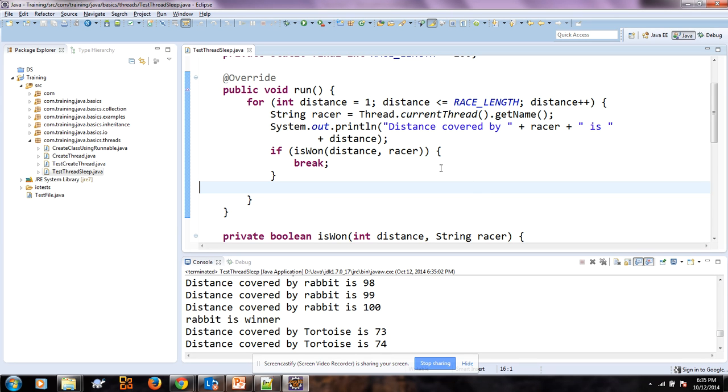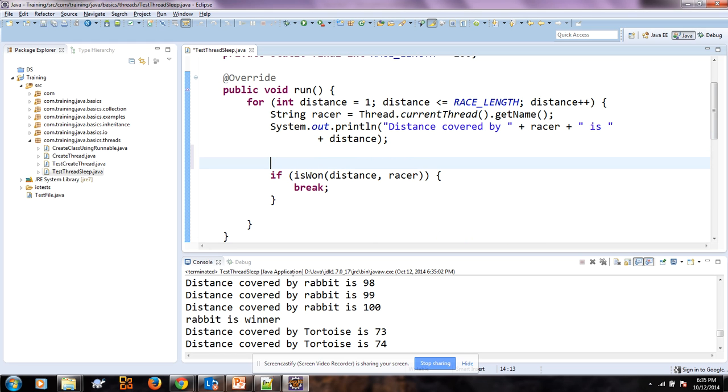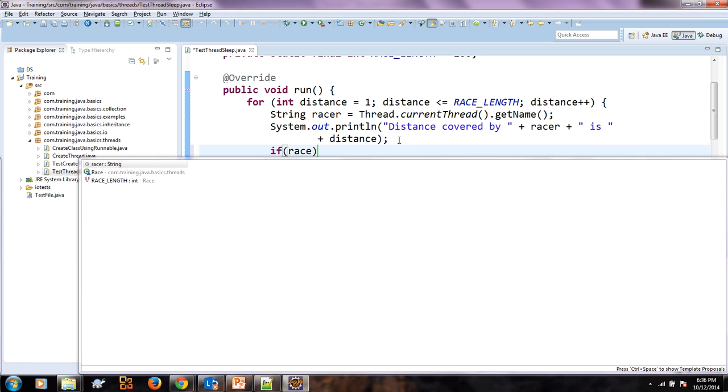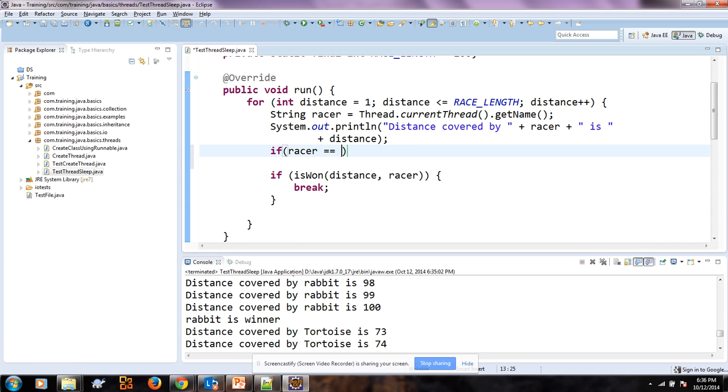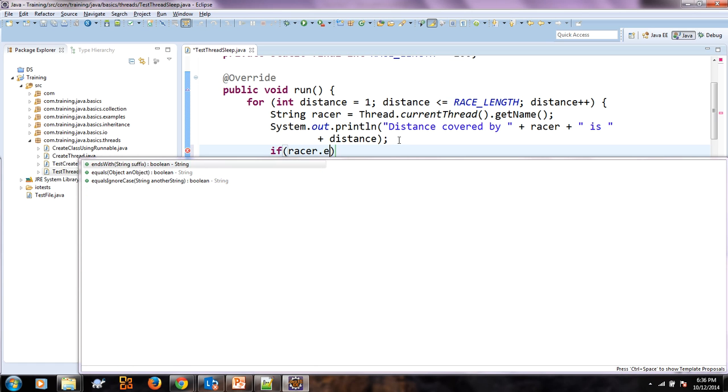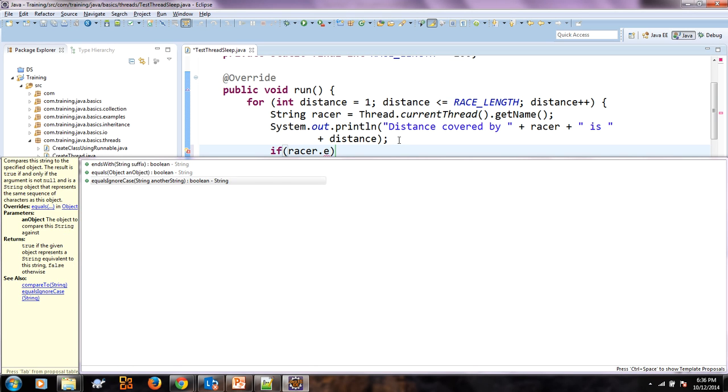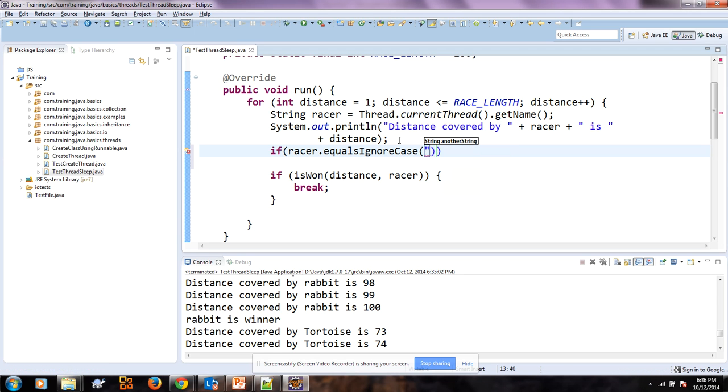So let's do one thing. Let's make rabbit sleep. How can we do that? Before deciding the winner, let's make rabbit sleep. So how to identify who is the rabbit? We have to identify based on the name of the racer. So if racer dot equals, in our case, rabbit,